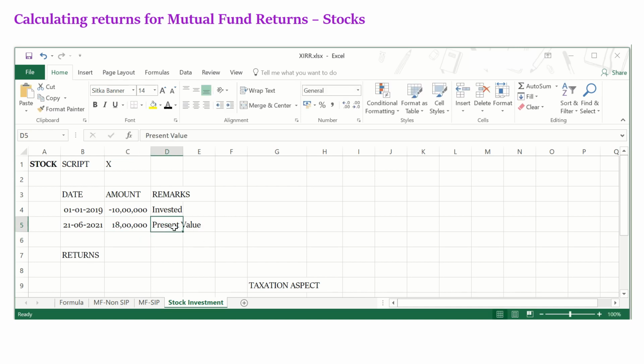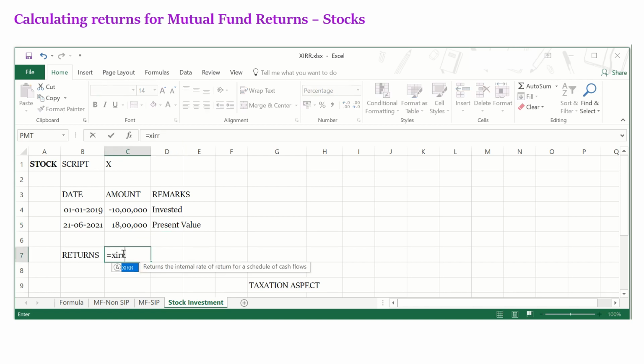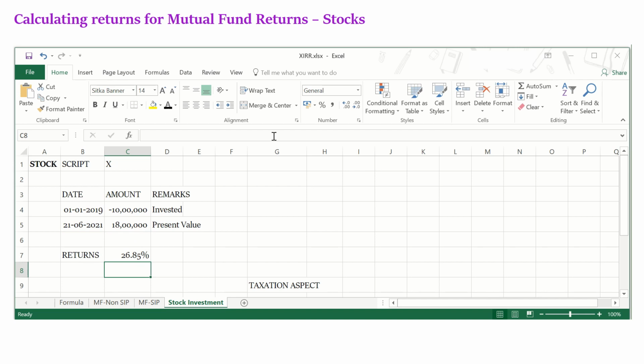So this is the present value or whatever you have redeemed. So let us see the XIRR in this case, it's going to be a pretty high number. I intentionally took such a gain. So you see the returns is close to 26.85% over a span of, say, 2.5 years.